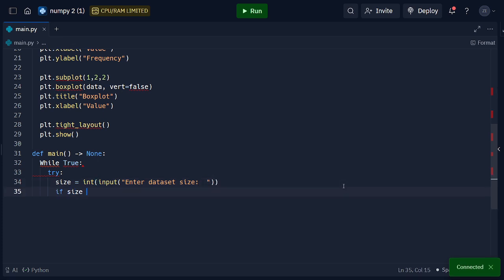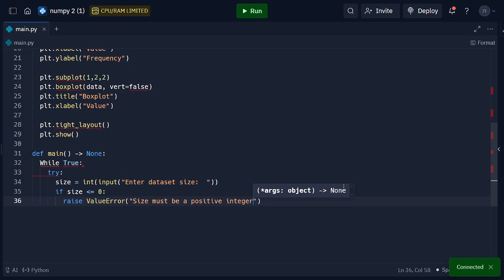Now if size is less than or equal to 0, we're going to check that. We're going to raise a value error and say that the size must be a positive integer. Now then break, and then except